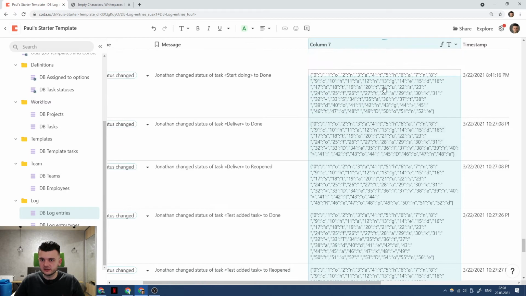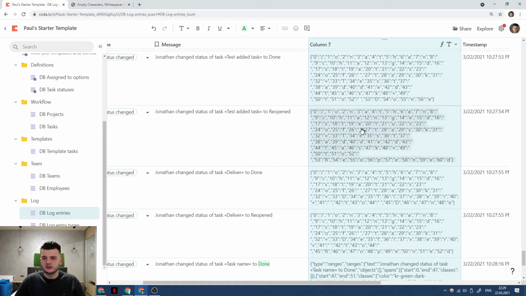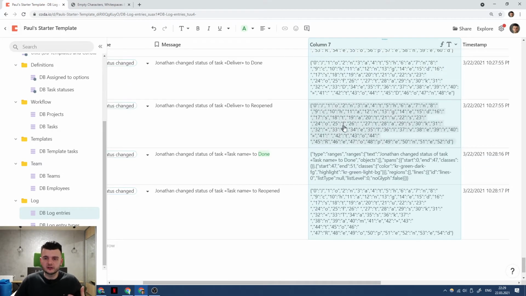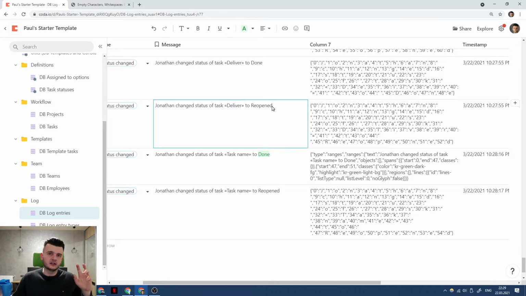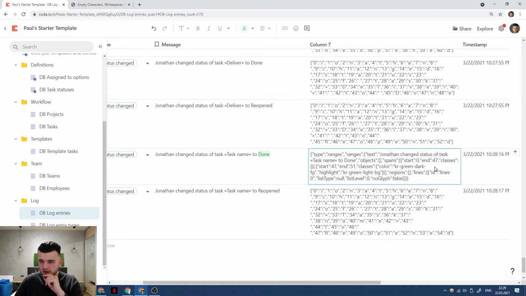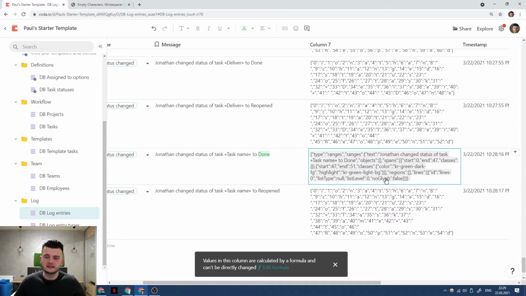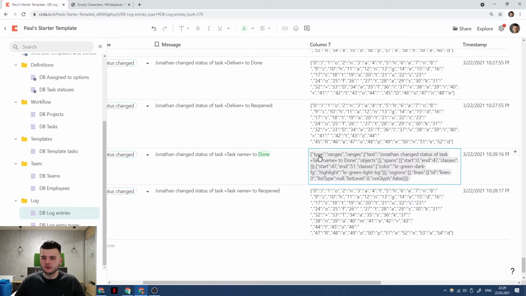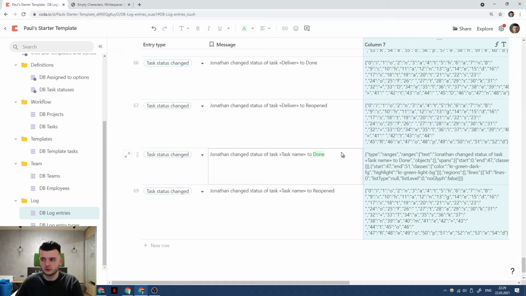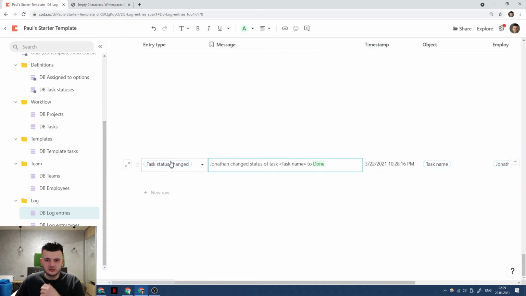you'll see that here these are simple strings where there's one character per character, right? So this string takes as much space in the doc as there are bytes, twice the bytes that there are characters, because each character takes 2 bytes. But for formatted text, it saves all this structure because formatted text is saved differently in Coda. So it has to remember all this information that characters from 0 to 47 are not formatted, but characters from 47 to 51 have the green dark foreground and green light background. So this information is saved when you have formatted